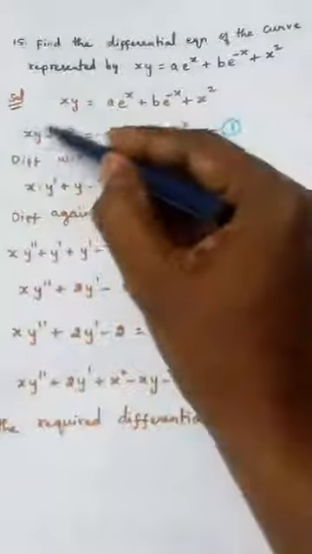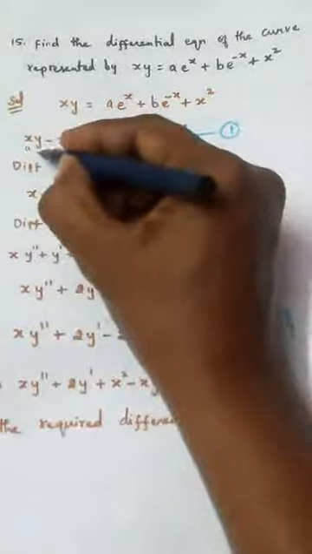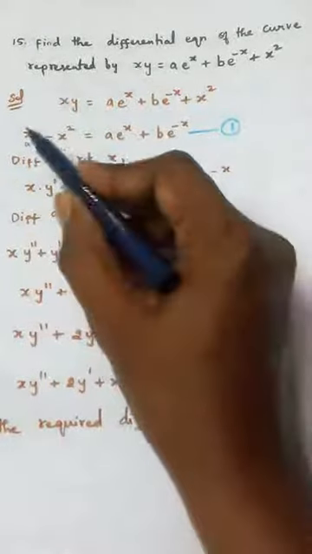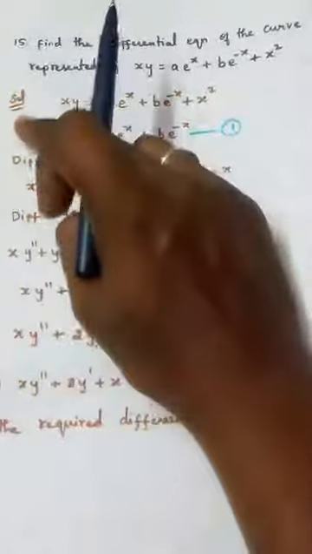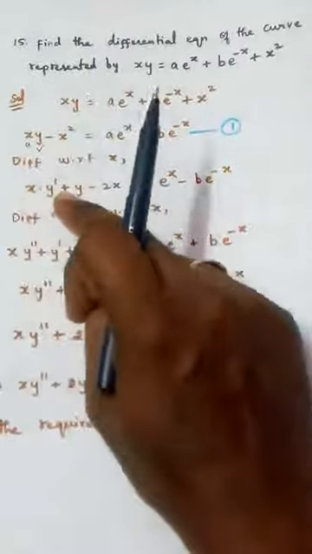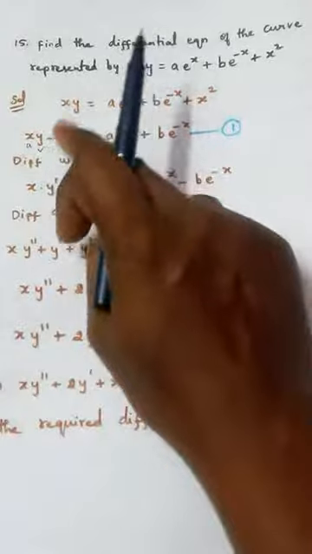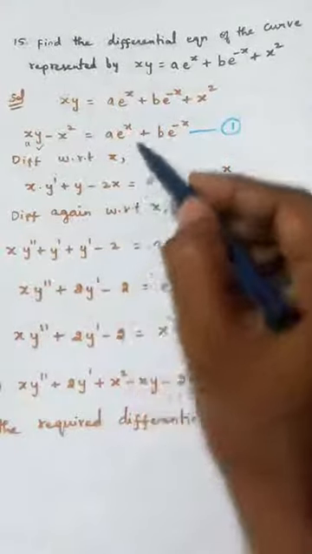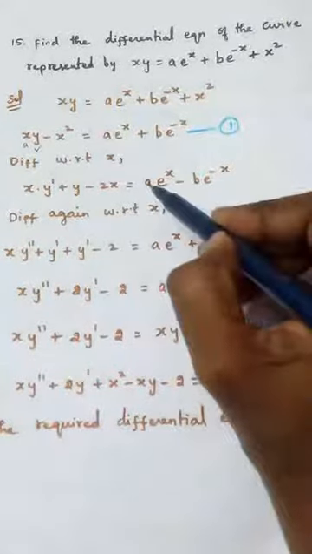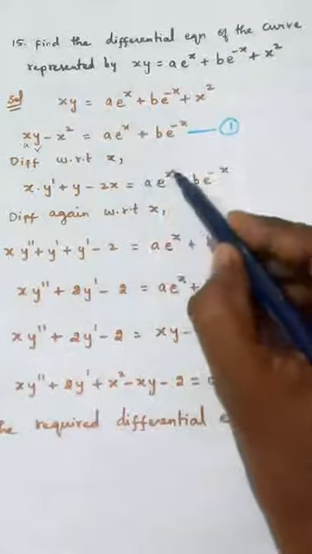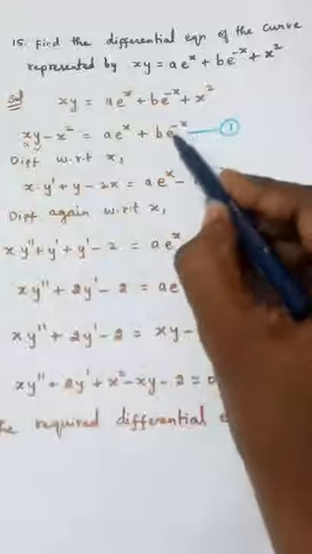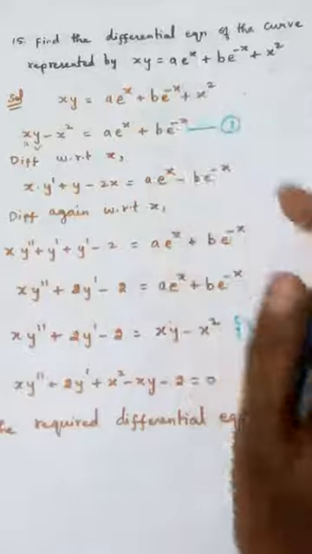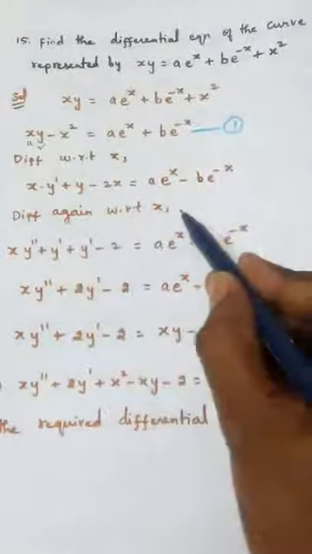And here it is the uv method. So this is u and this is taken as v. So u into v dash plus v into u dash. U dash becomes 1. So differentiating xy, you will get x into y dash plus y. And differentiating x square, you will be getting 2x with that minus sign. This is equal to, on the right hand side, a constant, it will remain. E power x differentiation is e power x. E power minus x differentiation is minus e power minus x. So b remains.